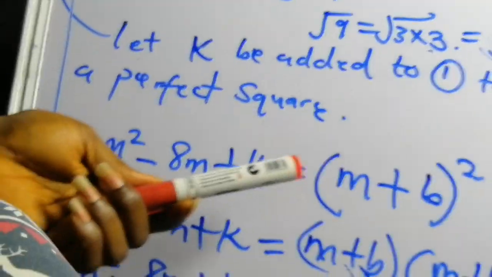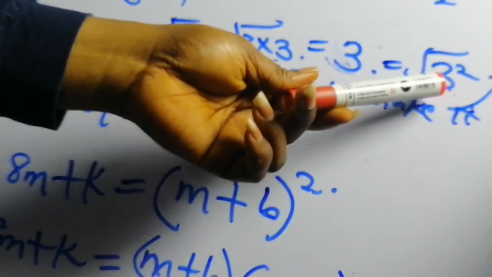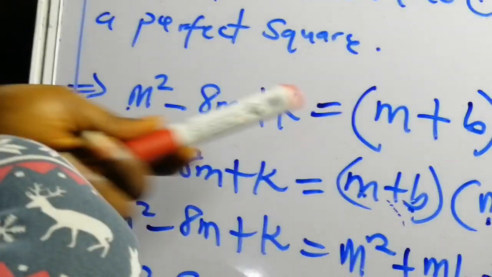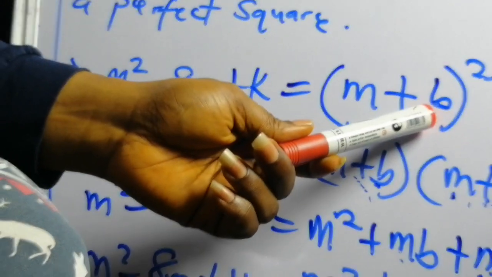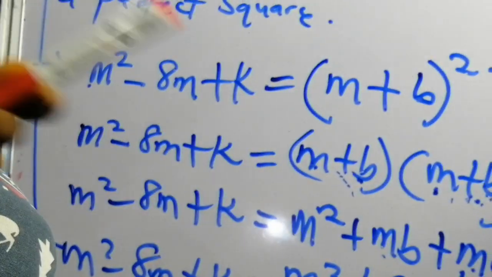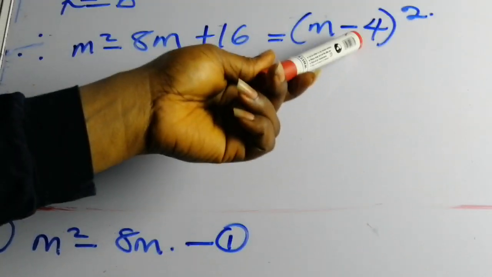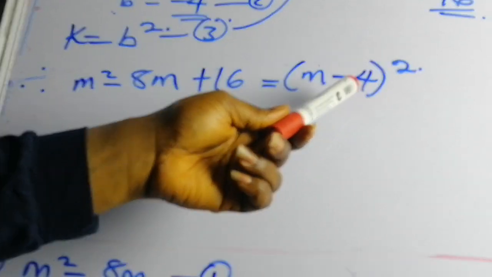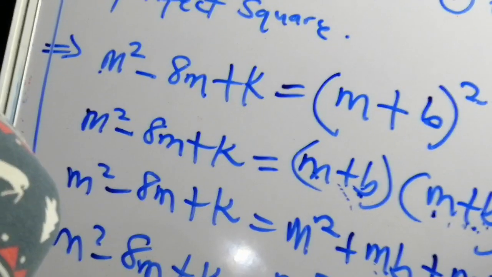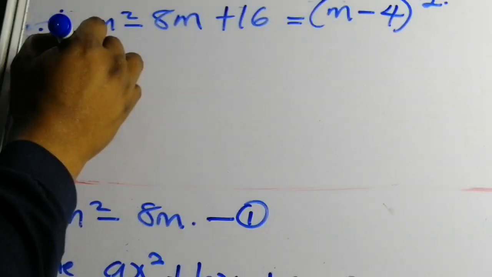So after you do that, you do the same thing here. For us to get a perfect square, I've given you an example here: 3 square, 2 square. All you just need to do is, the coefficient that you're using here, m plus, then you have any alphabet that you want to use, b square. A value must be here, and that value that's supposed to be here is what? Minus 4. So if you expand this difference of 2 square, write it 2 times and expand it the way I expand this one, you will get the same answer as this. But in JAM standard,